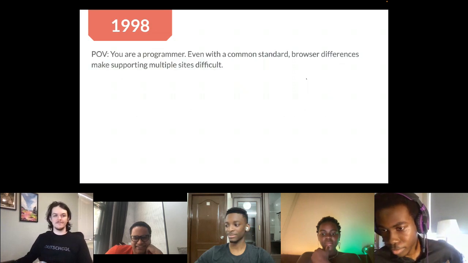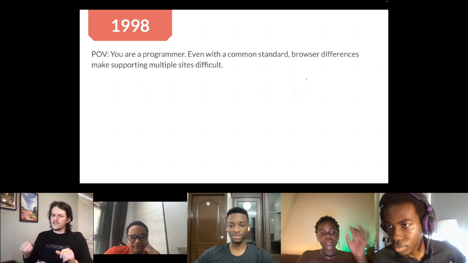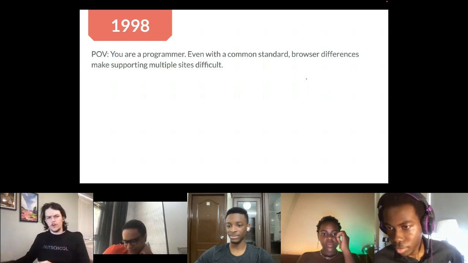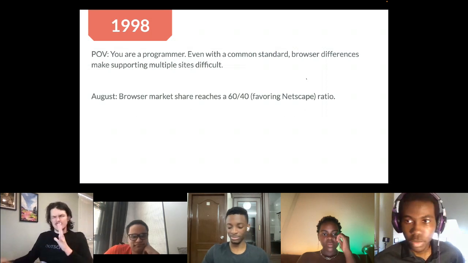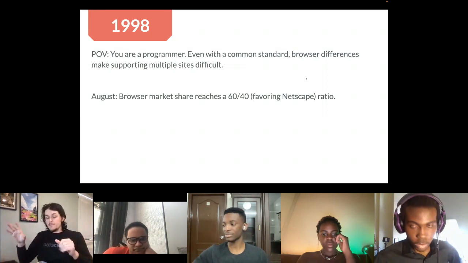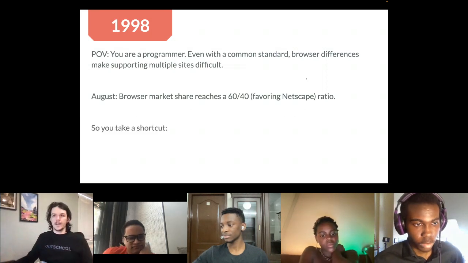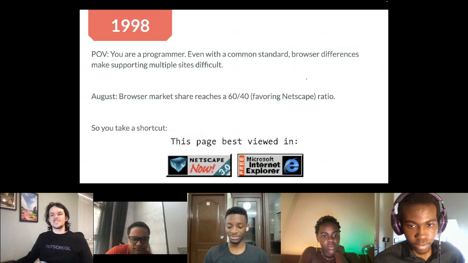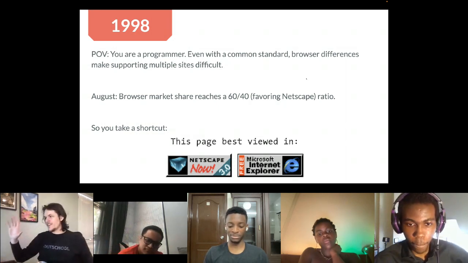Now, 1998, you're a programmer still. Even with the common standard, browser differences make supporting your multiple sites difficult. And then in August, the browser market share reaches 60-40, mostly Netscape, but Internet Explorer is plenty popular. So you take a shortcut in your website and you put a sticker in there that says this page is best viewed in Netscape, or